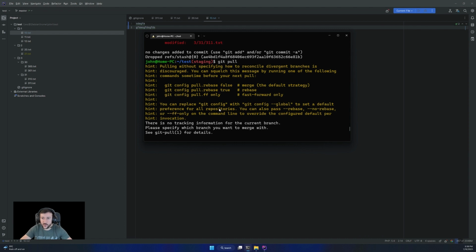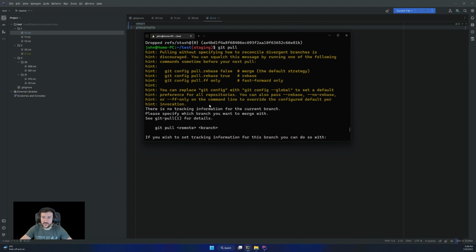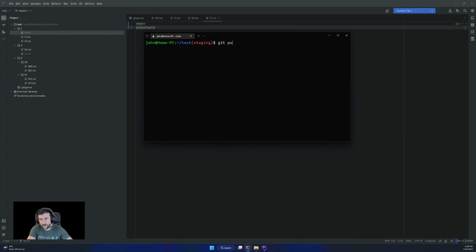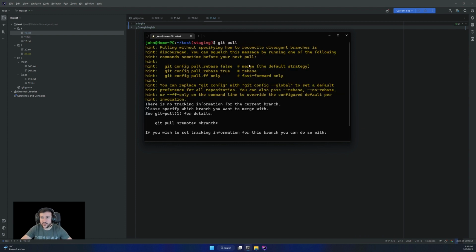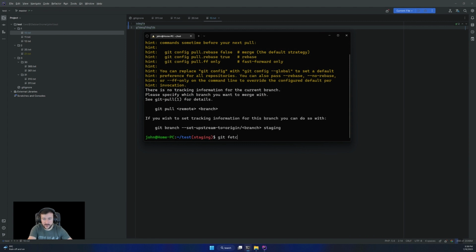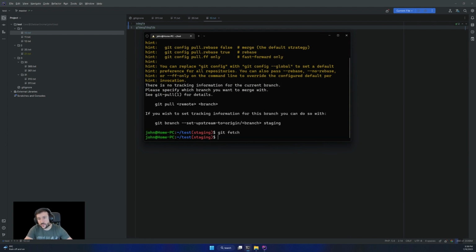the pull strategy. Well, in order to get information from remotes, there are two commands: git fetch and git pull. So even if it appeared it did nothing, git fetch actually gets the data from the remote and updates git to acknowledge what's on the remote, and only that.